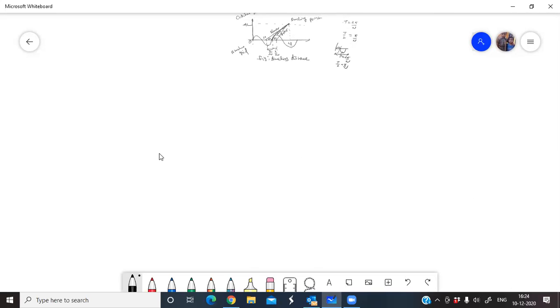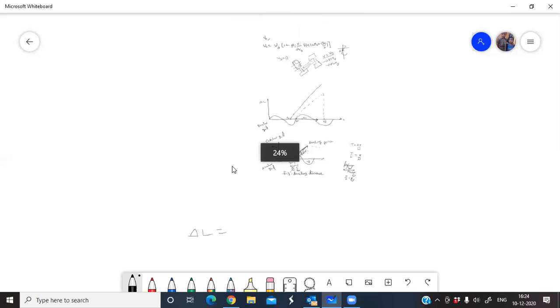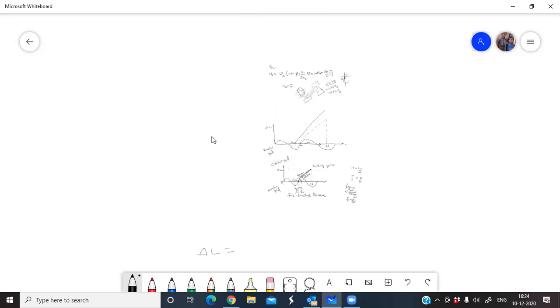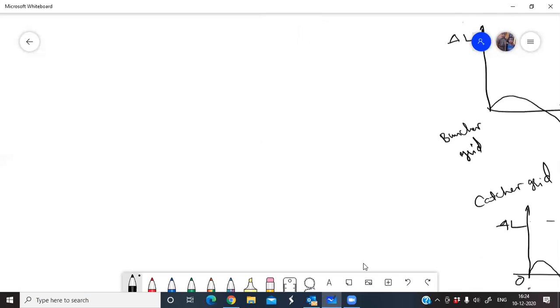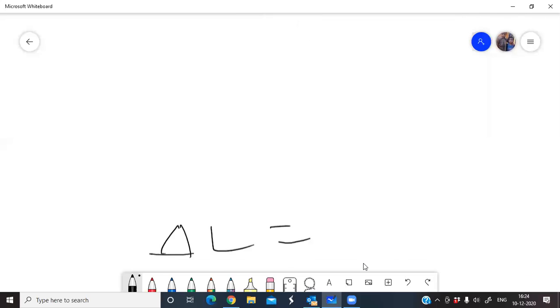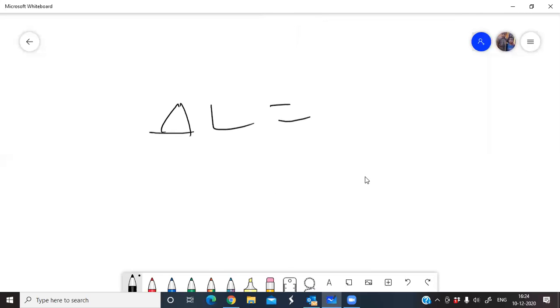Okay, here I want to write the distance delta L equal to